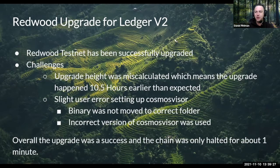Thank you for posting those links, guys. That's really helpful. But overall, I would say that the upgrade was a success. And again, it only halted for about a minute or so, is my guess. I was, of course, coding away on the CLI. And one thing to note,